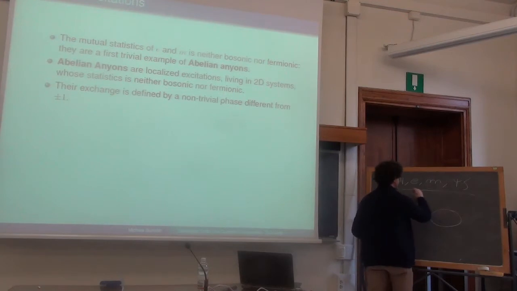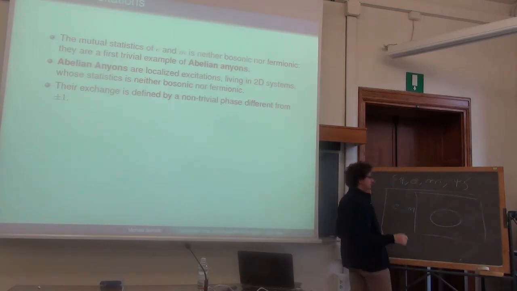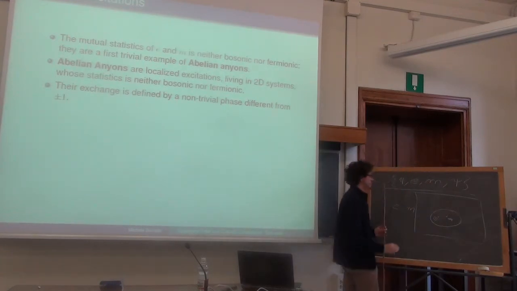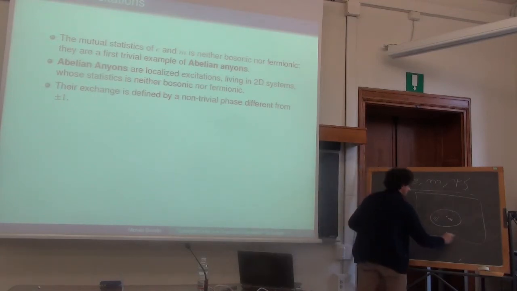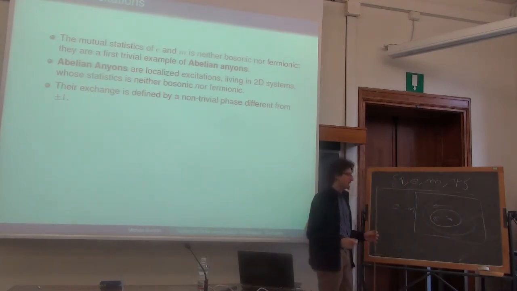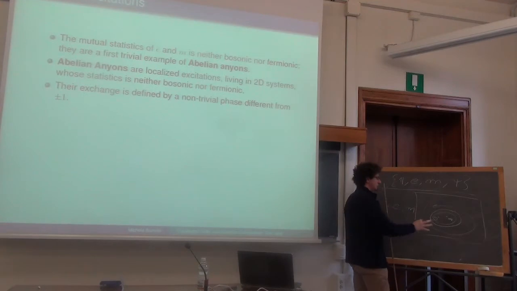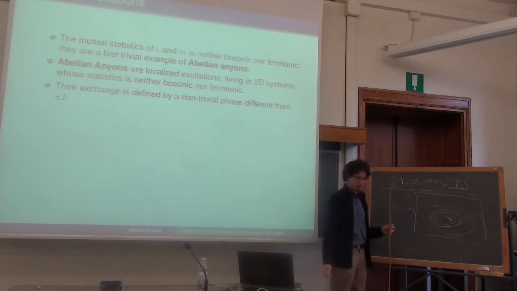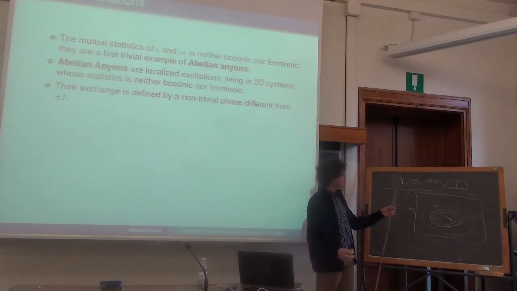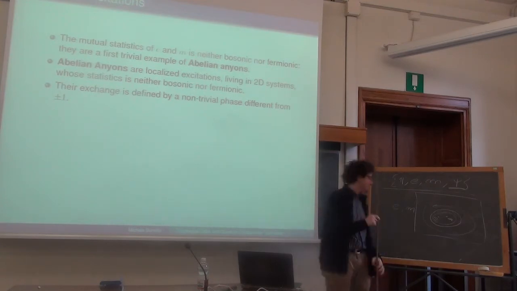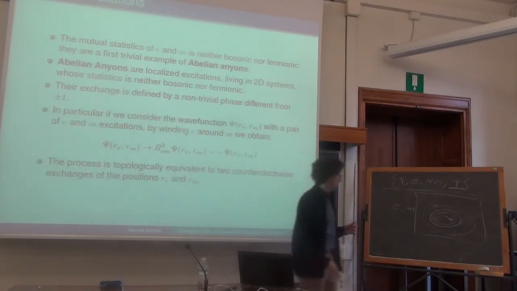Essentially, I'm listing here these topological charges, and you must interpret them as the charges that a subsystem of my system acquires when I look at it from far enough away. If inside a subregion of my full system I have, for example, both an E and an M, and I start to do measurements by moving around particles of different kinds, in the end, the only thing that I may understand is the total topological charge of this region, and in this case, the total topological charge is psi. We will go back to this description in much more detail later, but to answer your question, I have to define essentially an operator